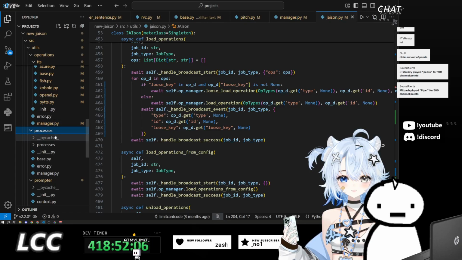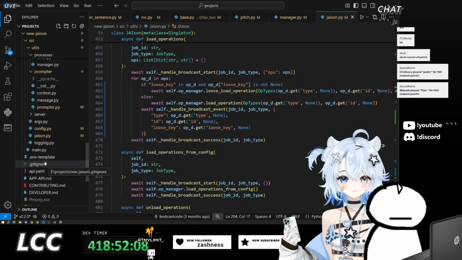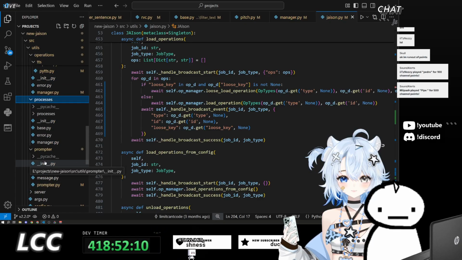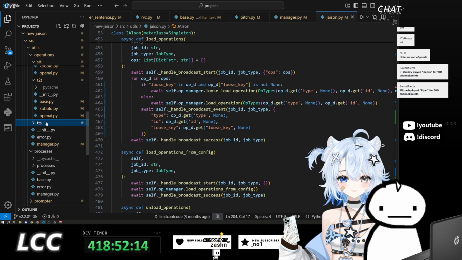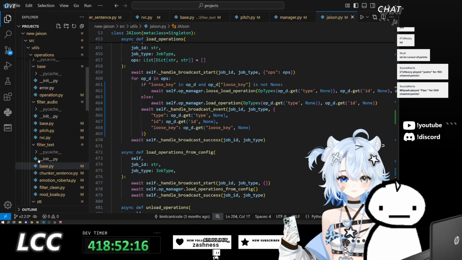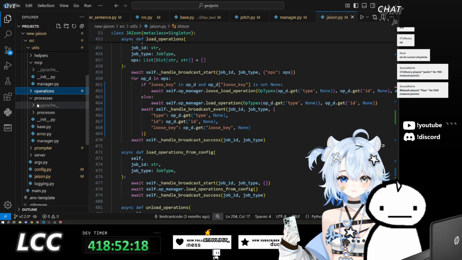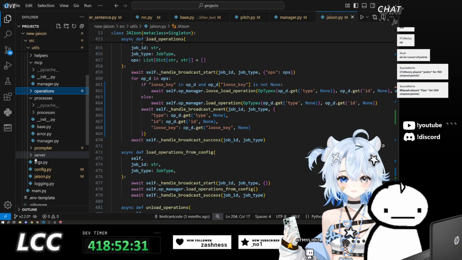I think for processes, I'm gonna give that a little bit more thought on how I want to do that. I have a kind of idea, just like another dictionary, I guess. That way we can load multiple processes under different dictionary keys, even if they are the same process. That's doable, but I feel like there should be a better method. I'll just need to give that some more thought.